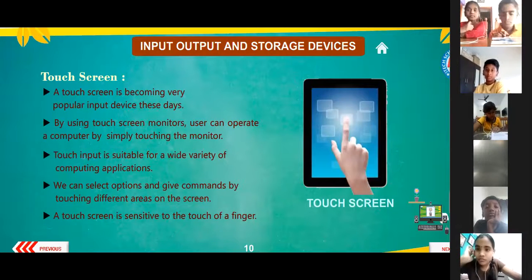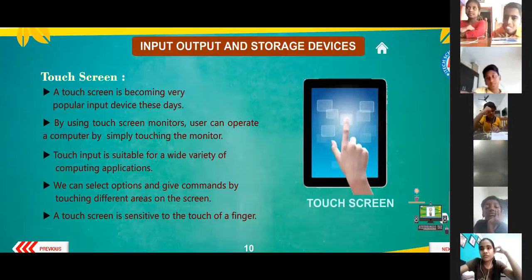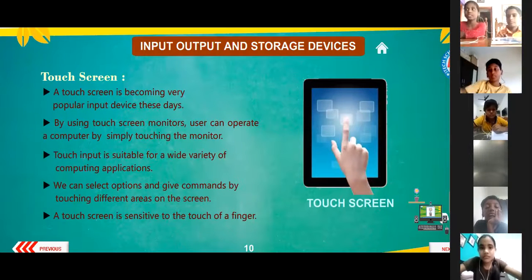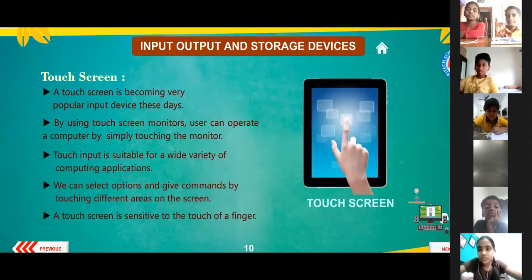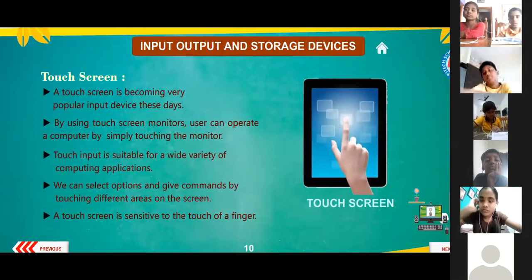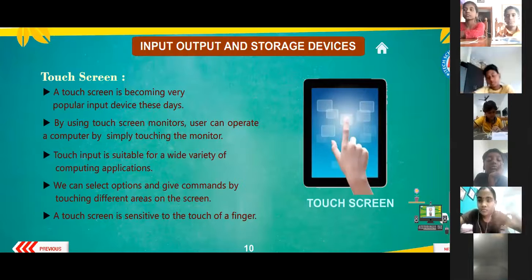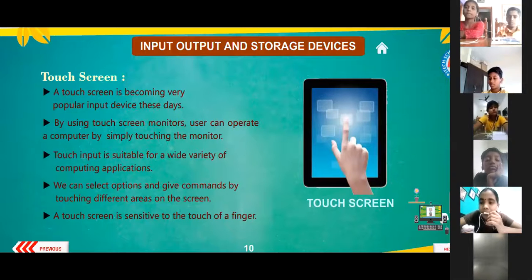Even a small kid of 3 years is able to operate mobile phones, with images, without having to study. We can select options and give commands by touching different areas of the screen. A touch screen is sensitive to the touch of a finger. It is customized in such a way that it operates with the touch of our finger.